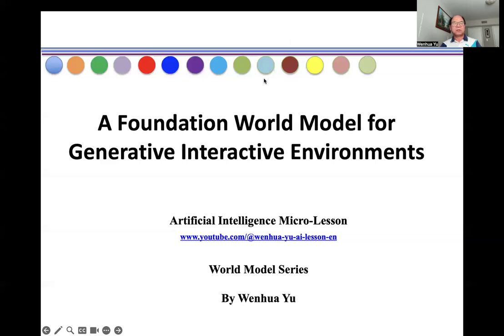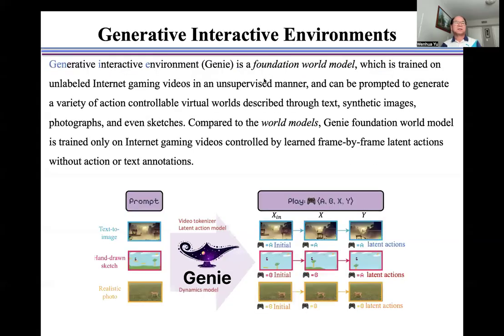In this video, I introduce a foundation world model for generative interactive environments. Genie is a foundation world model, which is trained on unlabeled internet gaming videos in an unsupervised manner, and can be prompted to generate a variety of action-controllable virtual worlds described through text, synthetic images, photographs, and